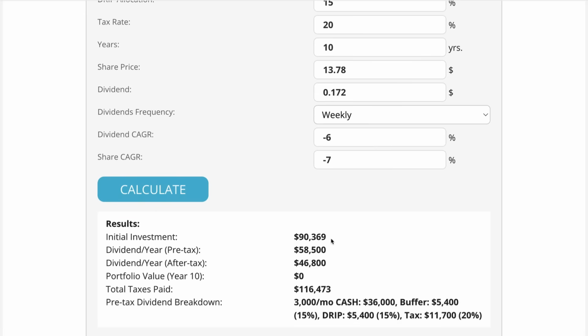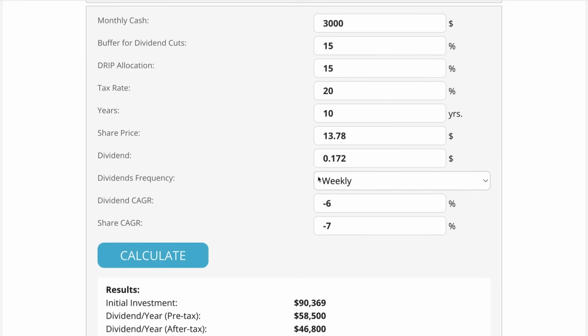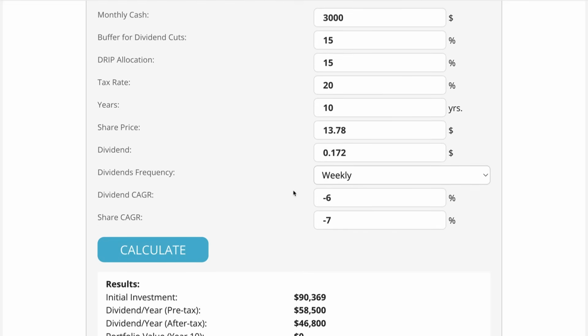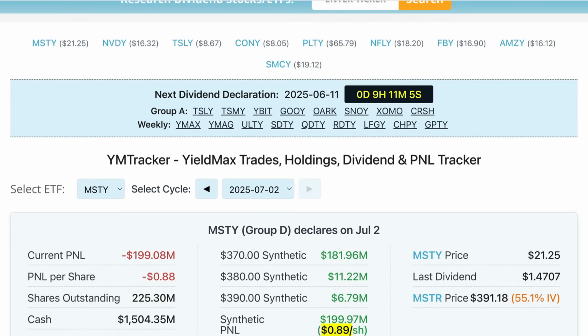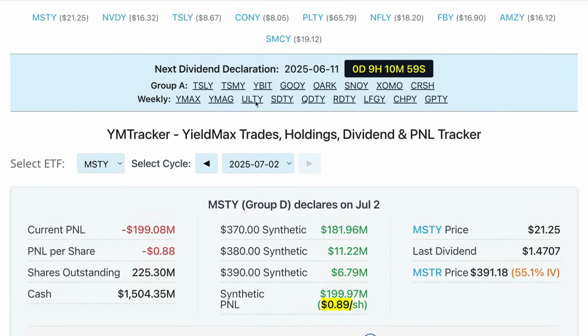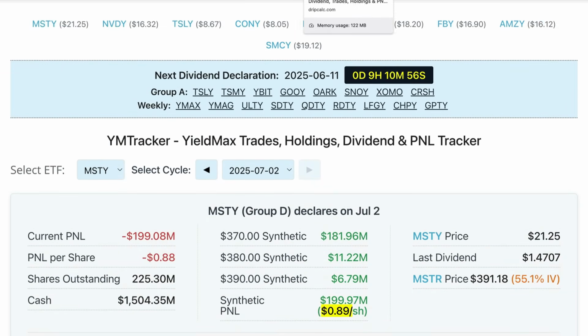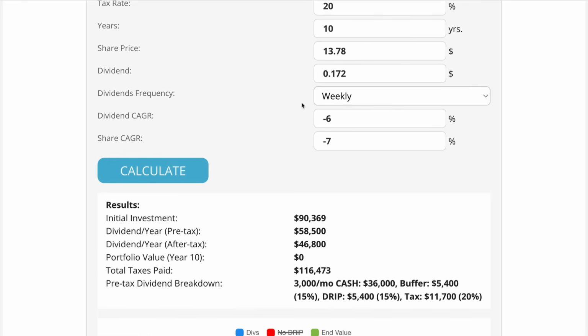Bro. You need less money with YMAX to pay a mortgage than you need with MSTY. And that's because our assumptions on MSTY were a lot more pessimistic. So yeah, YMAX is relatively more stable, not as profitable. But again, we used very pessimistic assumptions on MSTY, and I think we have to,